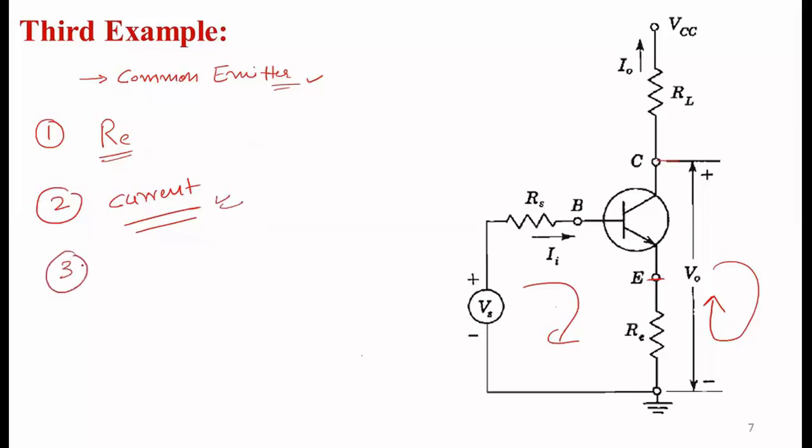The third step is to find out the connection at the input side. Here we can see that both of the terminals of the feedback component are present in the input circuit. So we can say that this is a series kind of connection at the input circuit. As we discussed in the steps, if both of the terminals of the feedback connection are present in the input circuitry, then it is a series kind of connection. So here we can say that this is a current series type of topology.